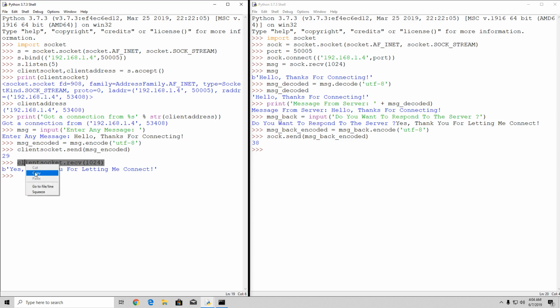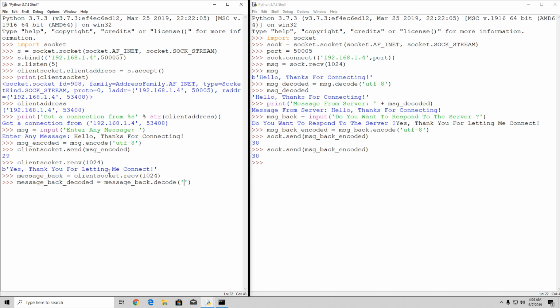Let me just repeat this code. message_back equals client_socket.recv, then we will send this same message once again. So we actually store it on the server side in a variable, as we can see right here, again 38 bytes sent, and right here message_back_decoded will be equal to message_back.decode with UTF-8. Press enter, we can see it worked,